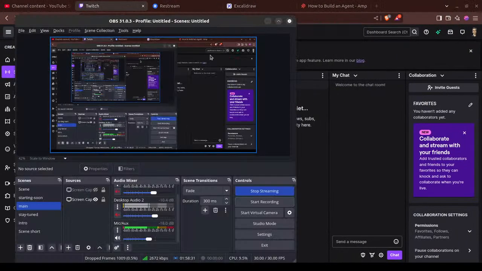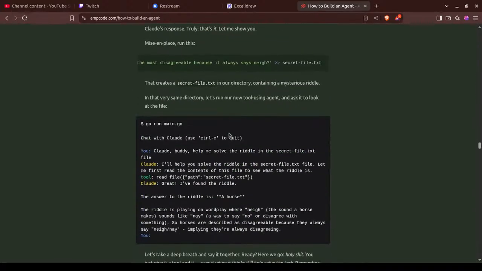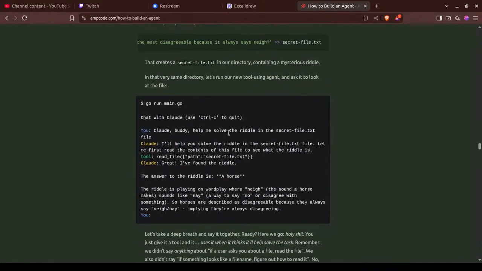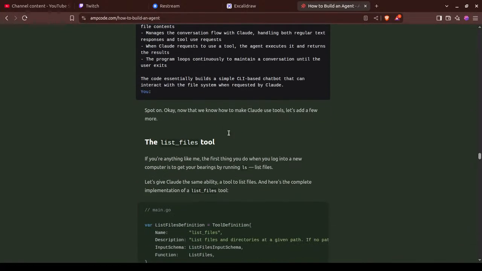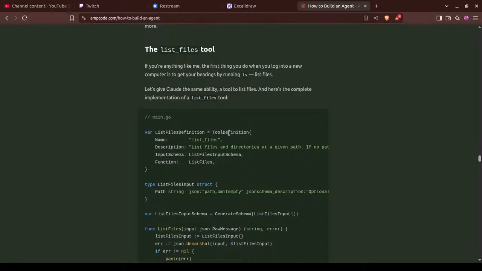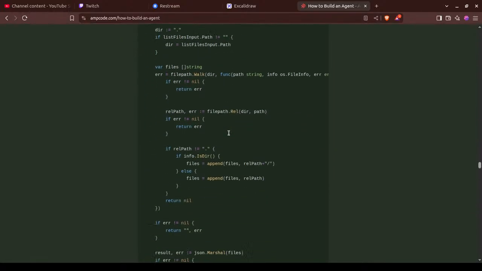Try to add one more. Files, files 2. This will be to ls, right?